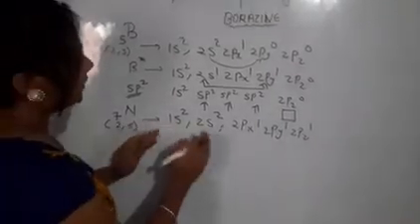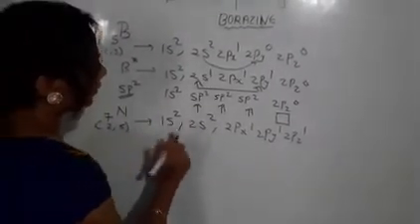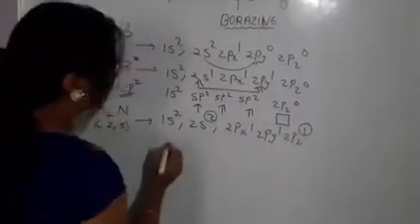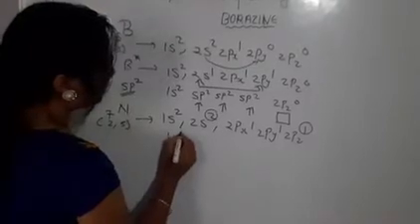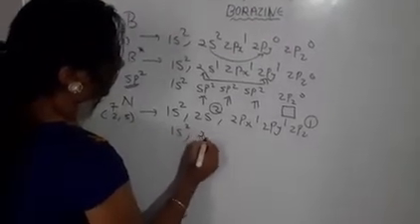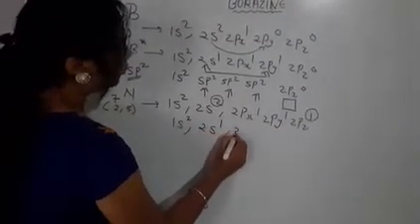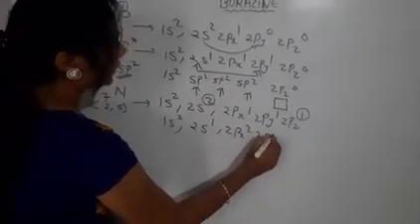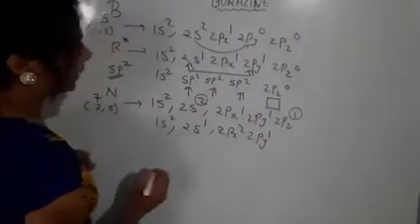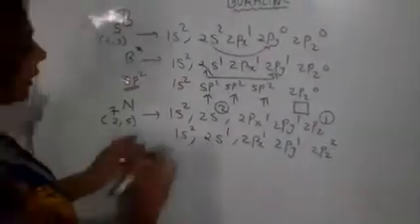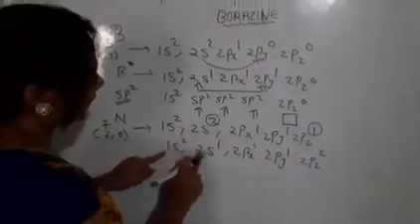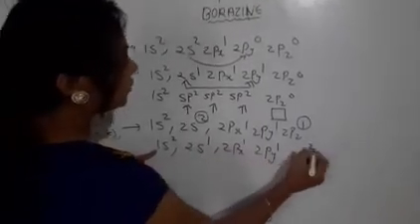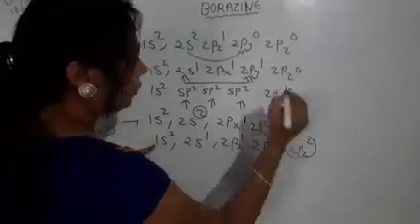So instead of this, we can write the 2 electrons here in the 2pz orbital. So what happened? Here it is 1s2, then 2s1, then 2px2, 2py1. Okay, we have to rearrange it. 1s2, 2s1, 2px1, 2py1, 2pz0. So we can write the 2 electrons in the 2pz orbital.